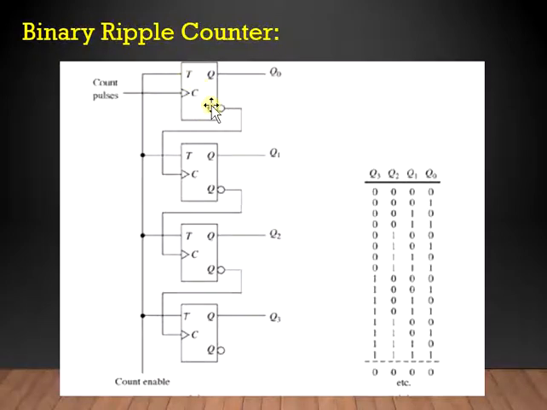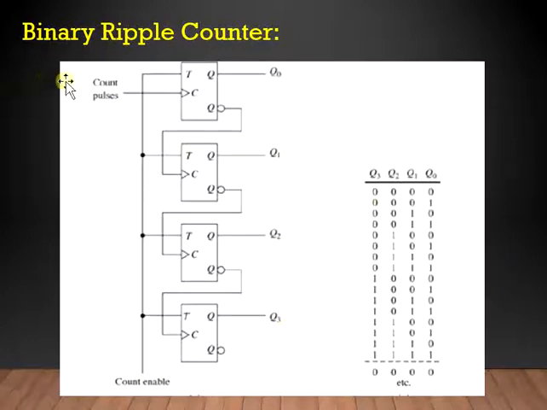Here we are using T flip-flops, and a total of 4 T flip-flops are being used because it's a 4-bit counter. And in the T flip-flop, for each positive transition on the C terminal, this is the clock basically, the flip-flop output will start toggling. So you can look into the function table which shows you the way the counting begins. As mentioned earlier, this is an up counter, so you can see that we have given Q bar to the clock in this particular case, and we will be observing the output at Q0, Q1, Q2, Q3 and so on.